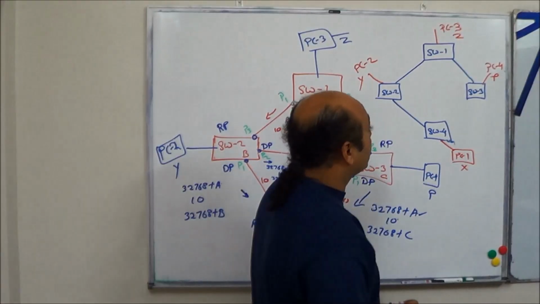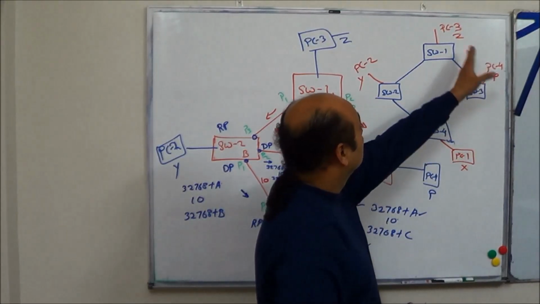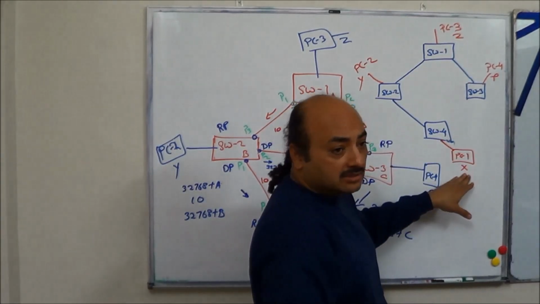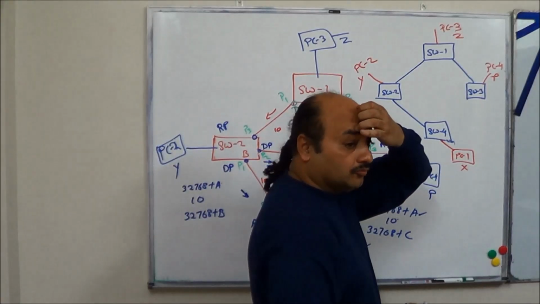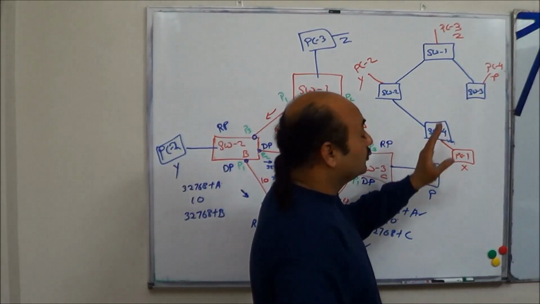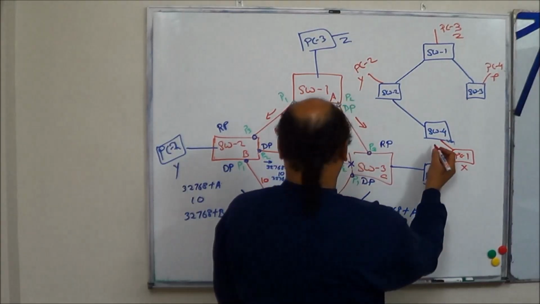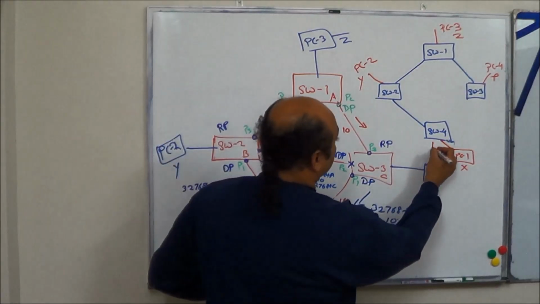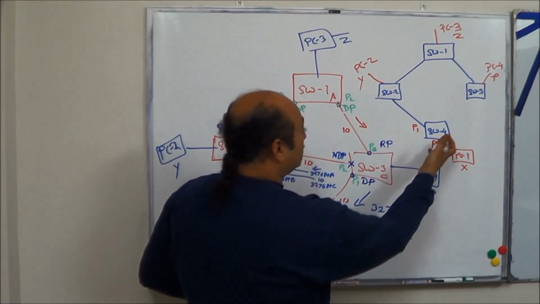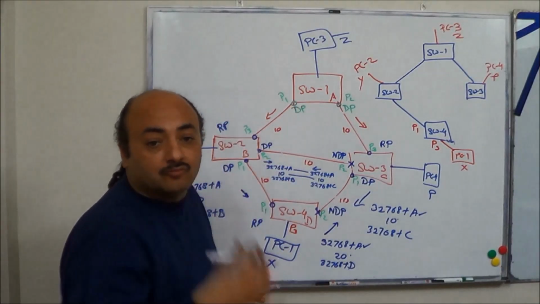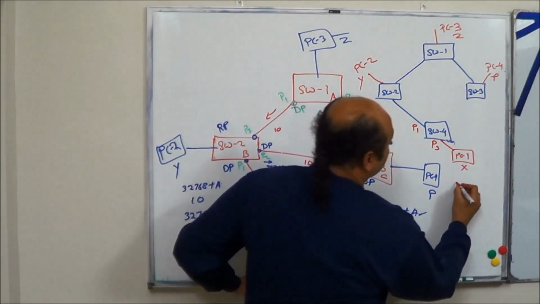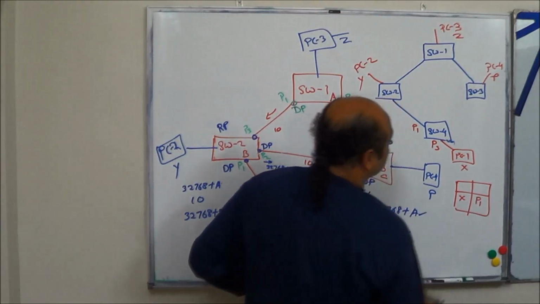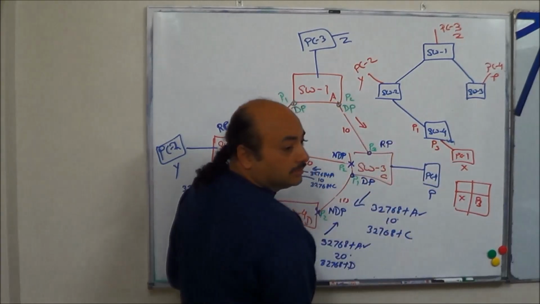If PC1 wants to send to PC3 having MAC address Z, source MAC address X, destination Z, it forms the frame and sends it on the wire. Switch 1 learns on whatever port, what port was this? Let's say P3, this was P1, P2, P3. P1 as such is blocked, so no point in forwarding or flooding. So what does it learn in the MAC table? X on P3.